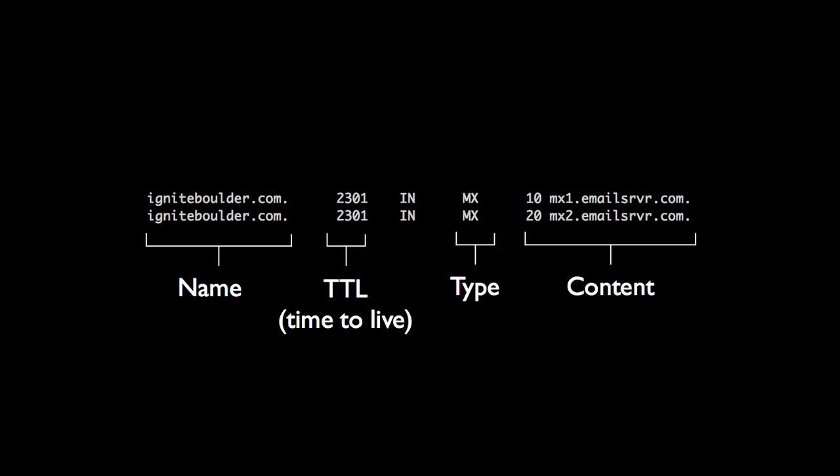That's what this one looks like. It's pretty much the same thing. There's a little bit of detail in there. Hey, there are 2 records there instead of 1, but really, it's the same type of thing: name, TTL, type, and then the content that you have over here. All of the records follow the same thing.